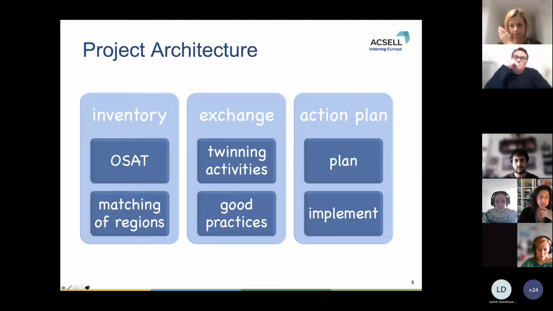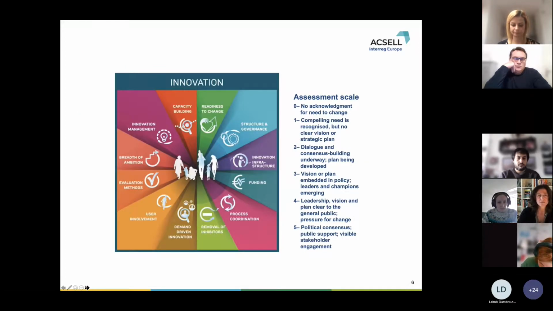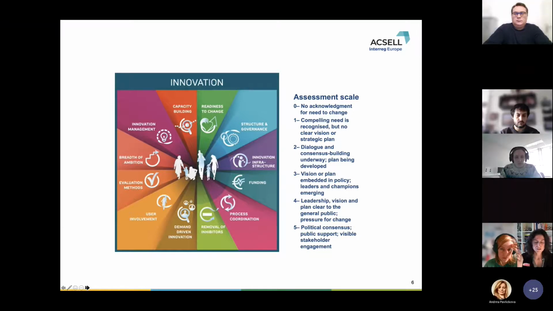So this is how we wanted to integrate this into the project activities. Here you can see the adaptation, or the slight adjustment really, in the dimensions. Those of you who are familiar with them will say there's no real change, except that instead of the digital infrastructure, we named that innovation infrastructure, and the demand-driven innovation used to be, let's say, the population approach. So it did take some work, however, as you might imagine, to reformulate the objectives, because it is a different